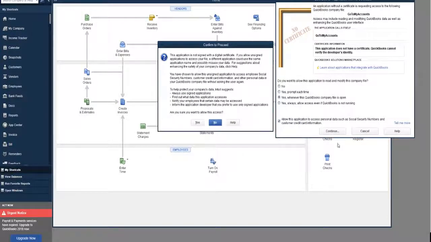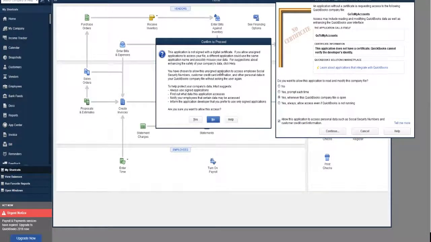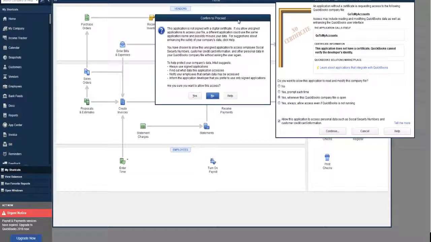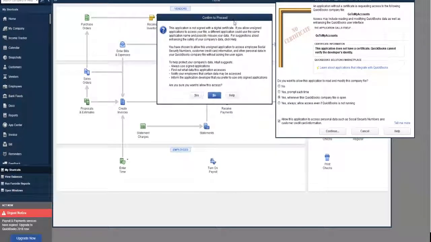Alright, so we'll click continue, and this is basically just saying that the app doesn't have a digital certificate, which is just a way to confirm that the software you're installing is coming from who they say it is. We don't have a certificate, so if you're going to use this app, you just have to install it and believe that it is GoToMyAccounts. I mean, we've been around for, gosh, 8 years now. So you're going to need to click yes,